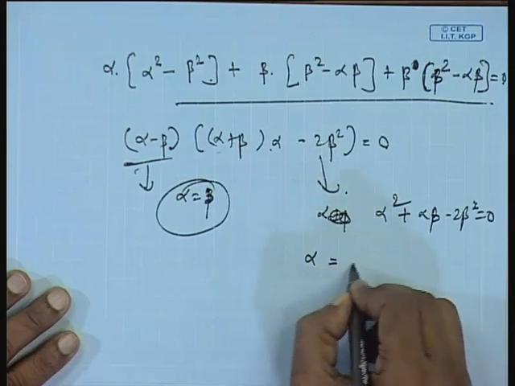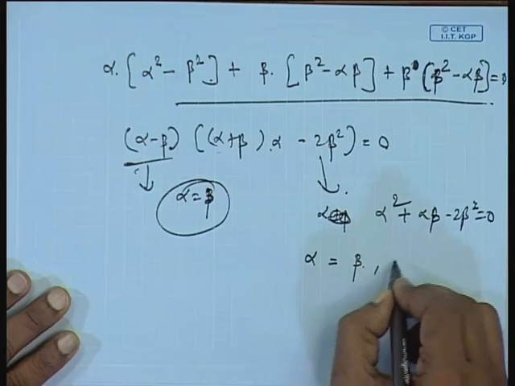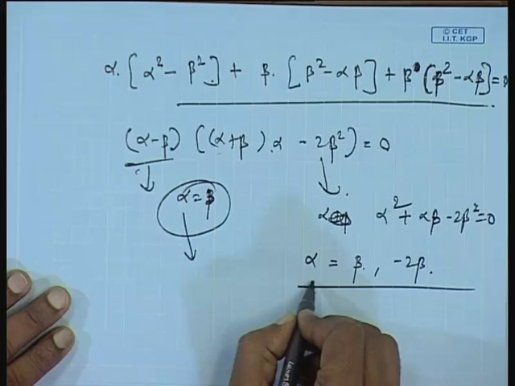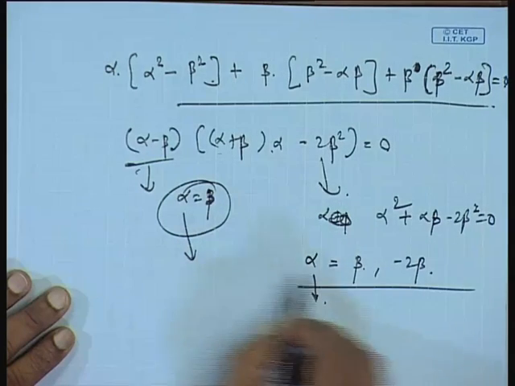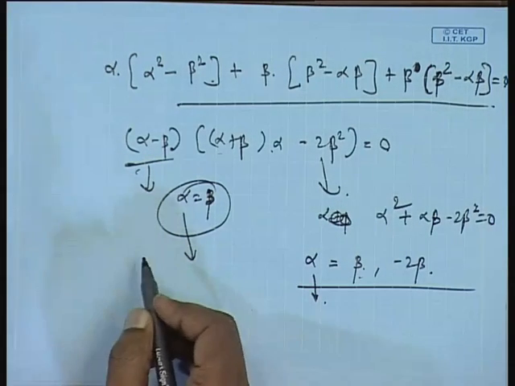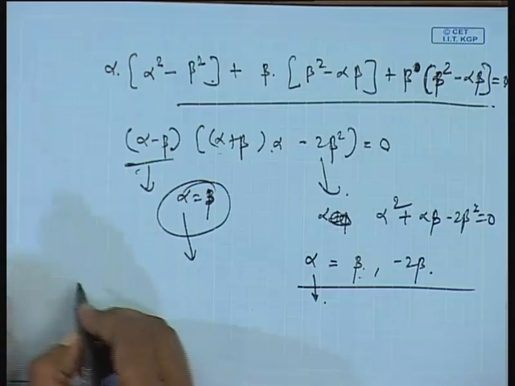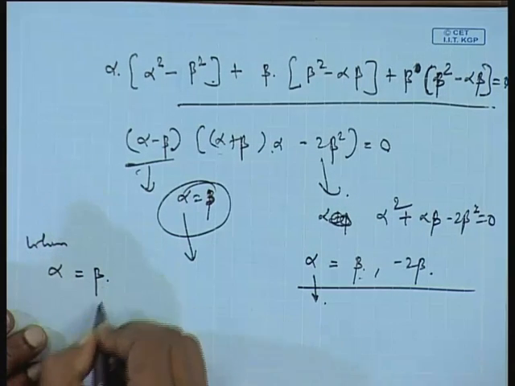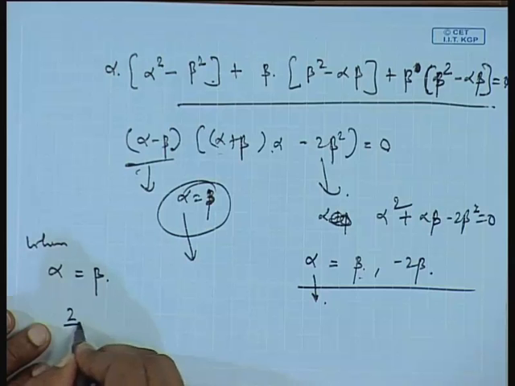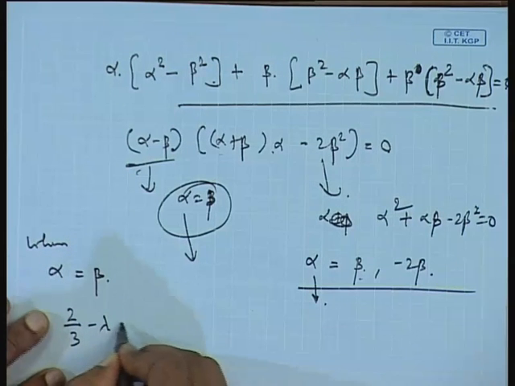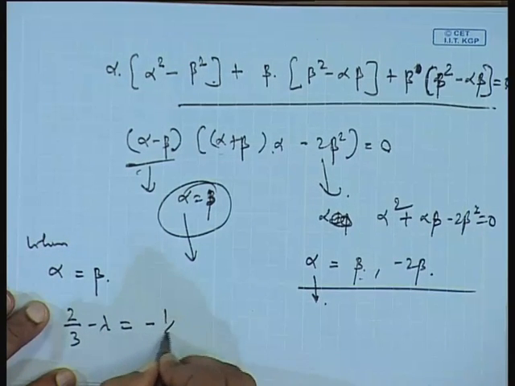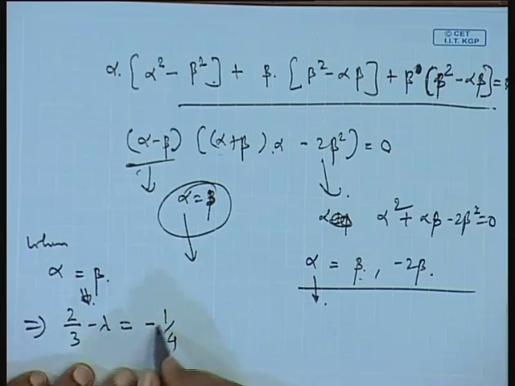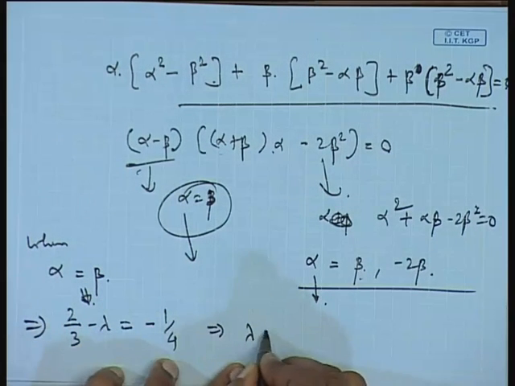So, alpha will be equal to either beta or minus 2 beta. So, you have got these quantities: alpha equal to beta or alpha equal to minus 2 beta. So, when alpha equal to beta, you can see that alpha is nothing but 2 by 3 minus lambda, and beta you have taken as minus 1 by 4. So, alpha equal to beta implies this quantity, and this implies lambda equal to